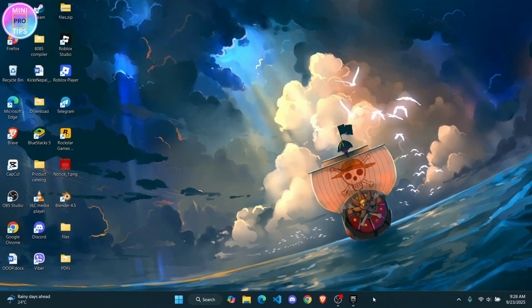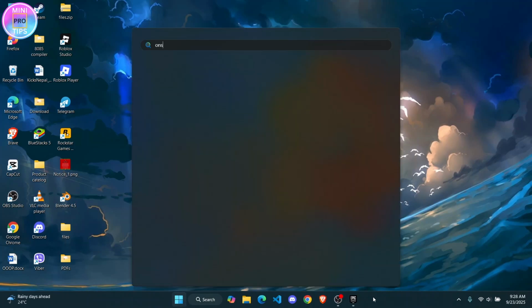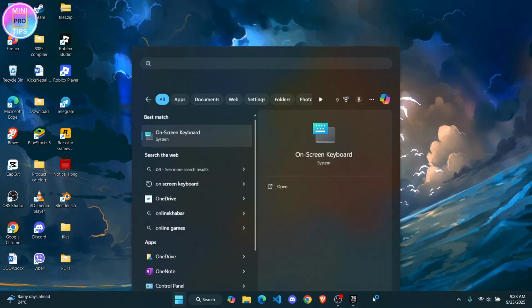In today's tutorial, I'll show you how you can easily take a screenshot on your Windows device. So the very first thing you want to do is know a few keyboard shortcuts. So let me just go ahead and pop up my on-screen keyboard here so that it's easier for you to